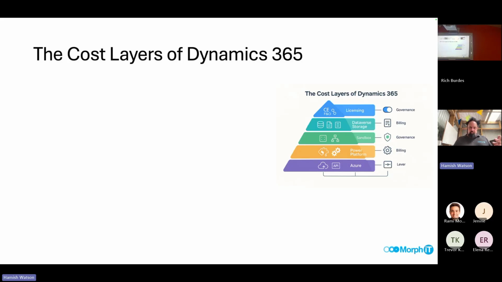And of course, Dataverse and storage cost. Every D365 environment has data, file and log storage, and as those environments scale, that becomes one of our largest recurring costs. Without lifecycle policies, old records and attachments can accumulate endlessly. And so again, FinOps gives us the tools to govern our retention windows, archive to cheaper blob storage, and avoid paying for unnecessary